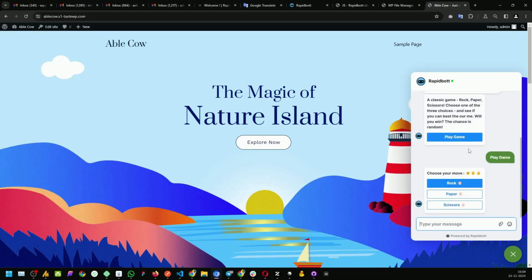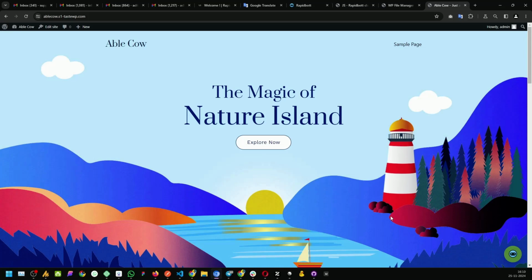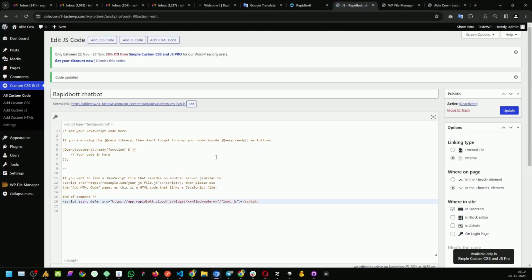So I can just click on it and I can interact with the chatbot, and this is how the setup can be easily done. So these are the 3 simple steps which you can follow to install the chatbot on your website. Now, in case you are a little bit technical and you can get hands-on with the code, or if you are a developer and you need help with doing that particular setup,